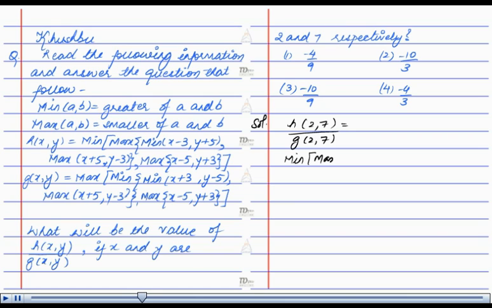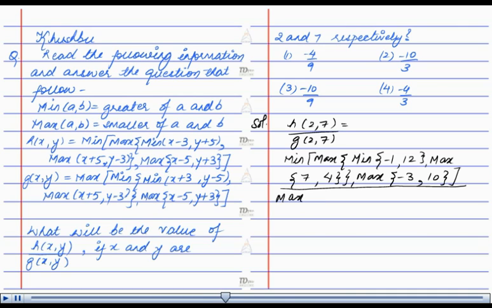That will be minimum of (2 minus 3, that is minus 1, 7 plus 5, that is 12), maximum of (2 plus 5, that is 7, 7 minus 3, that is 4), maximum of (2 minus 5, that is minus 3, 7 plus 3, that is 10), whole upon